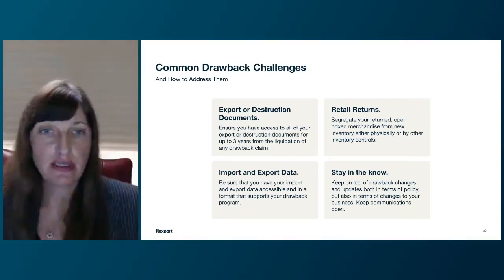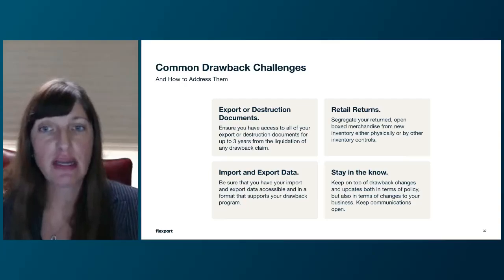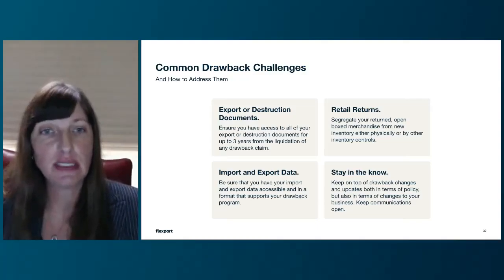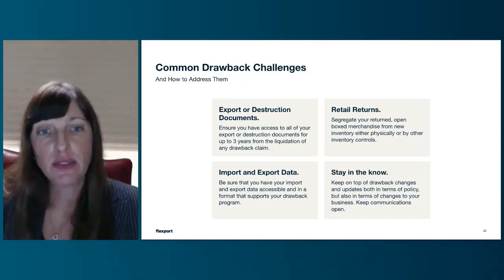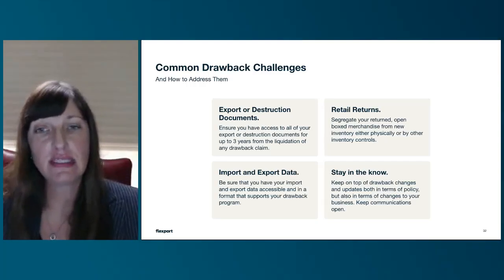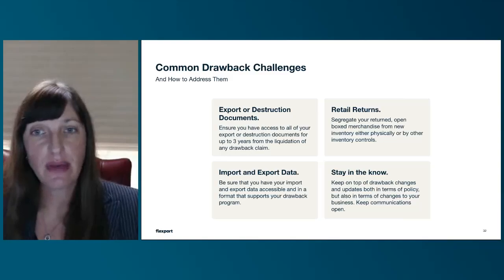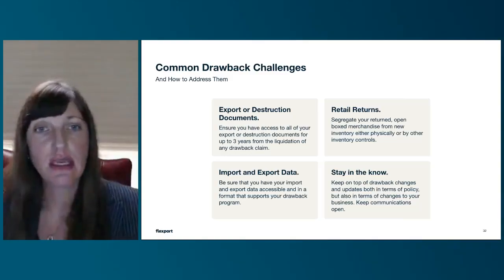Some recommendations are to implement a sticker system whereby if your returns are sent to the same warehouse where orders are fulfilled, placing a red sticker, for example, on all returns and implementing a policy where no merchandise with a sticker can be exported. Another option would be physically separating returns to another area of the warehouse where they will not be exported and claimed for drawback, or adding a suffix like a -R to the SKU number upon receipt of the return to separate returns electronically. This will unlock drawback eligibility for North American exports and or open up the opportunity to claim returns under the